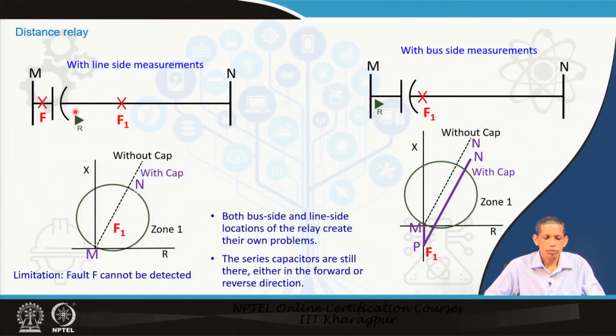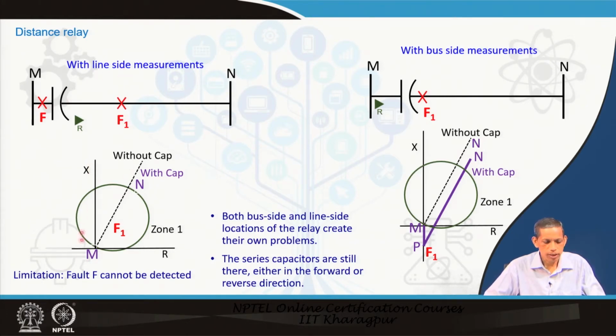But note that if you have this relay at this location, faults on this side, or a fault within the line also at F, will not be seen by the relay if you consider this as forward. If you accommodate this F in the quadrilateral or mho relay setting by an offset arrangement, then the relay will see the issue of current inversion and voltage inversion in the system. This will be a reverse direction fault that has to be accommodated in the characteristic, which is not that easy either. So, this is about line side measurements.